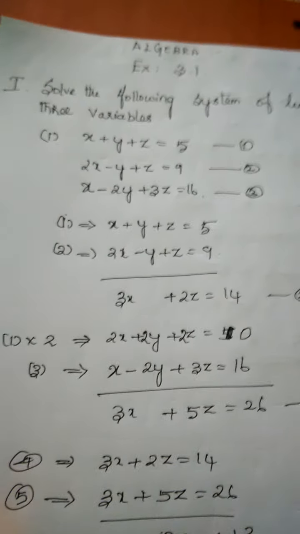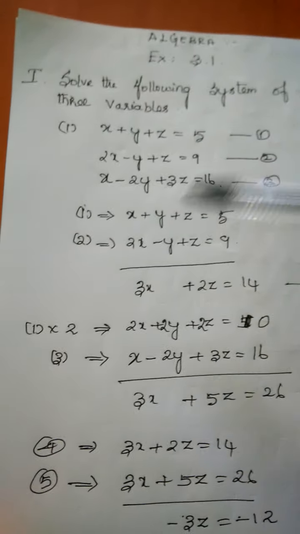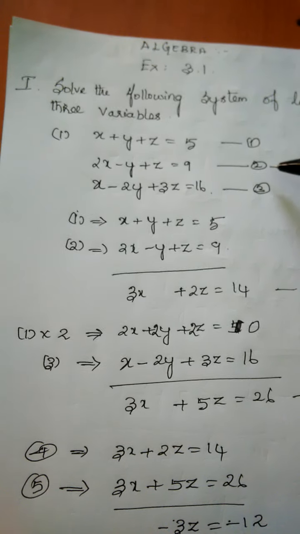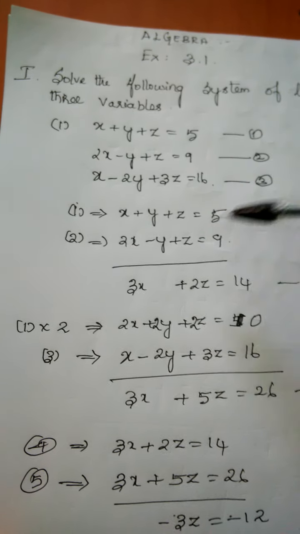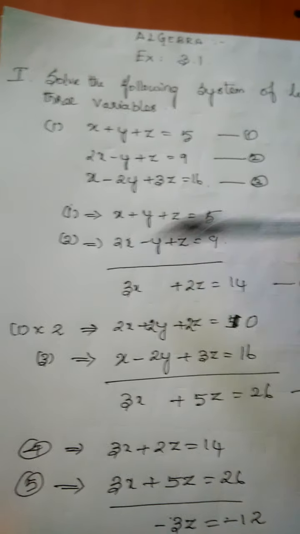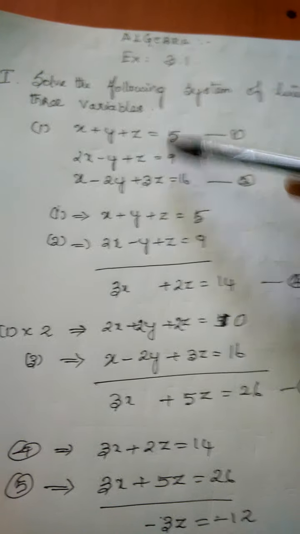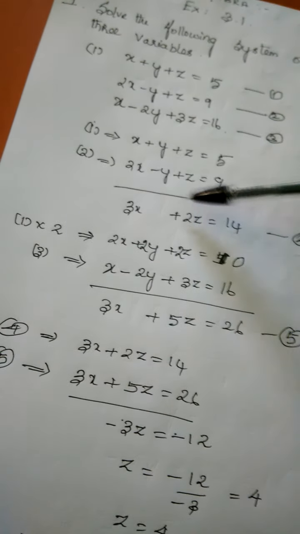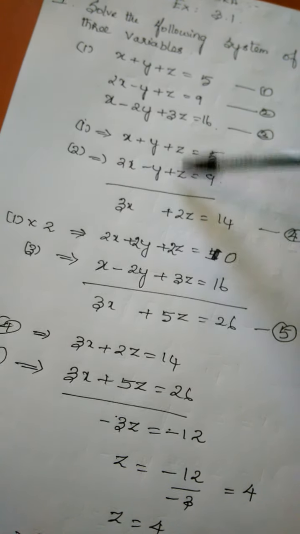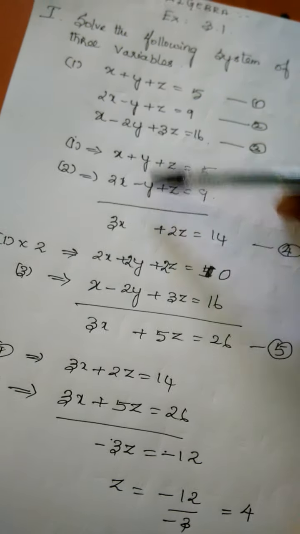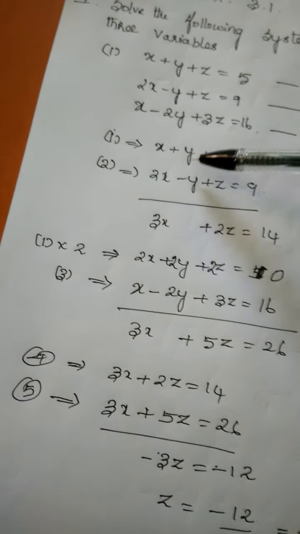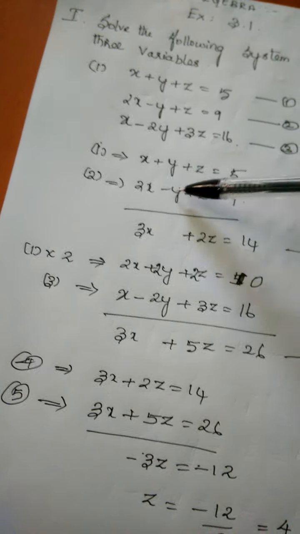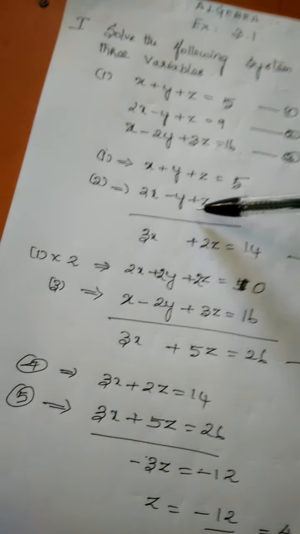Okay, we have to reduce the terms here. Let us consider this equation number 1 and this equation number 2. We have to write them again here. Then from that, what are the terms we have to cancel? Plus y here, minus y there, isn't it? These two terms can be cancelled when we add the two equations.